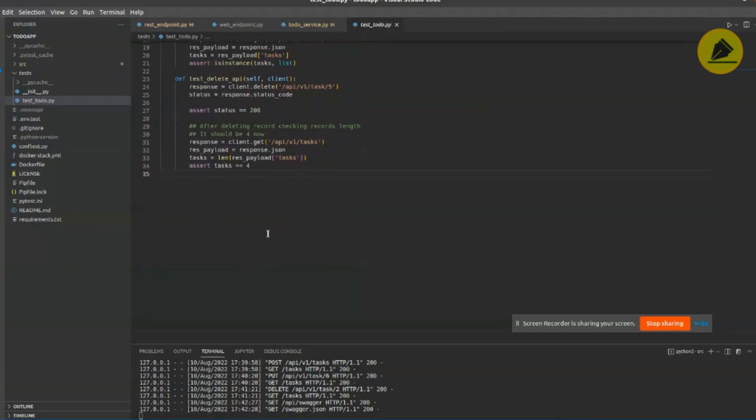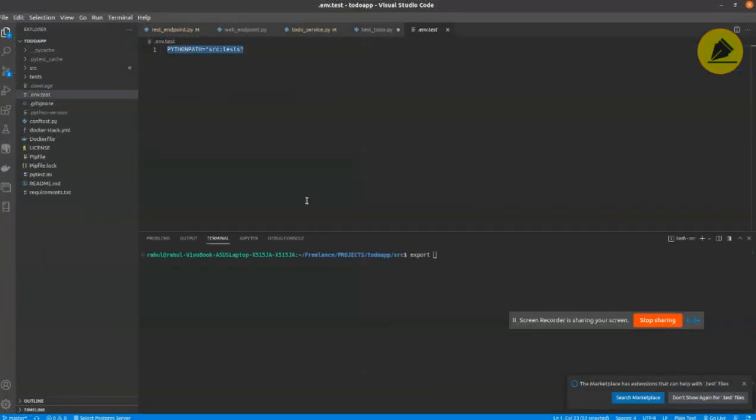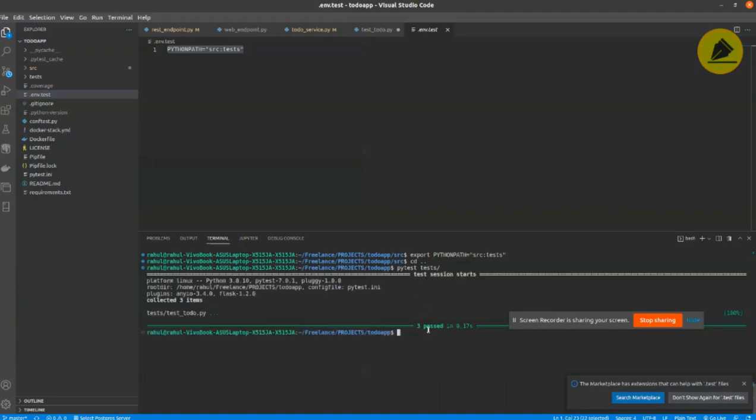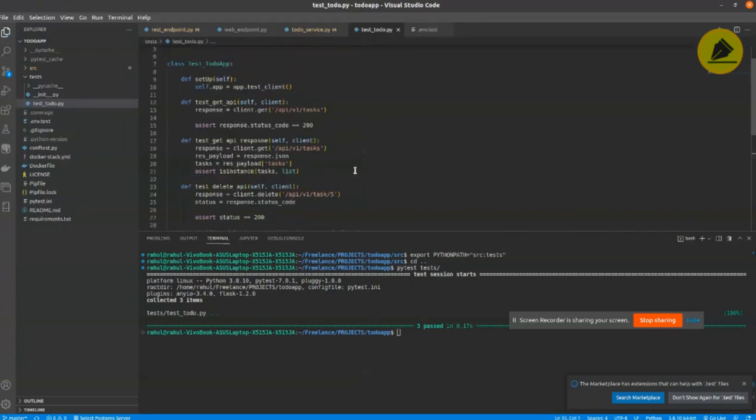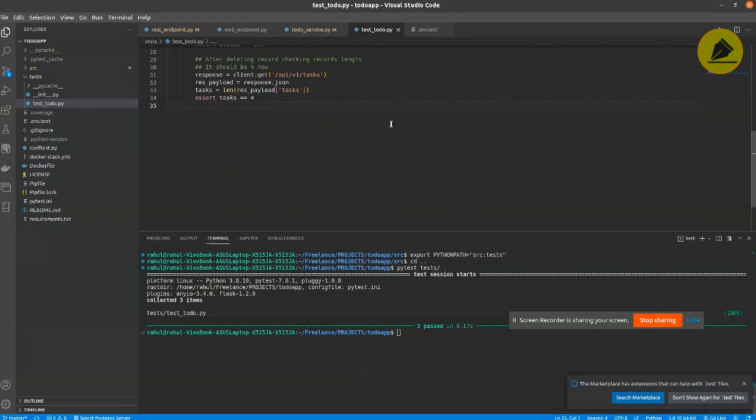You are welcome to raise a PR for this application if you want to copy all this and paste it here. So if I run, you can see here it has only 3 test cases and all are executed and completed with pass status. So these are the test cases.